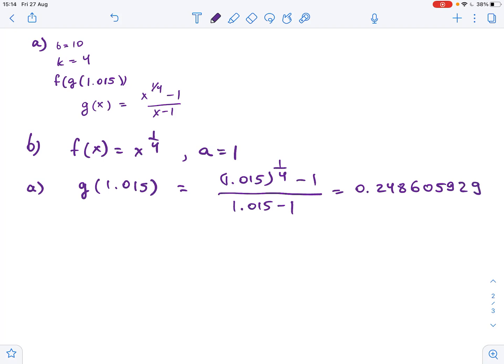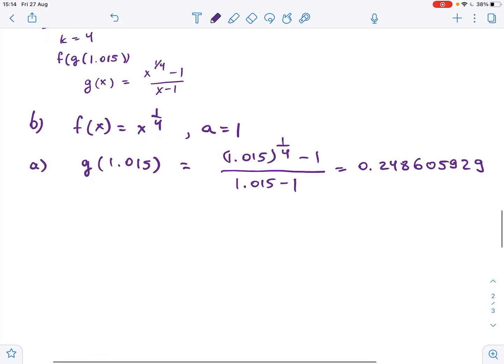So this is the exact value of g of x. In the ideal situation of chop-in floating point arithmetic, the operations are performed one at a time and the results are chopped after each operation. So the floating point number of the result with precision k equals 4 is f of g of 1.015 equals